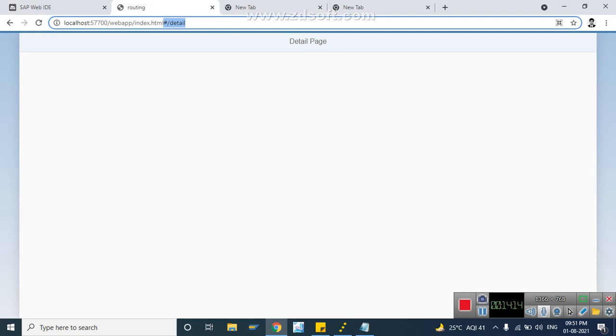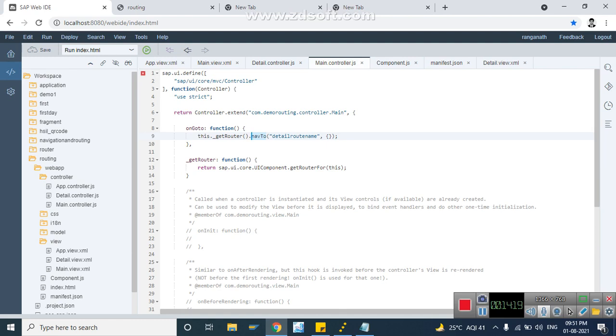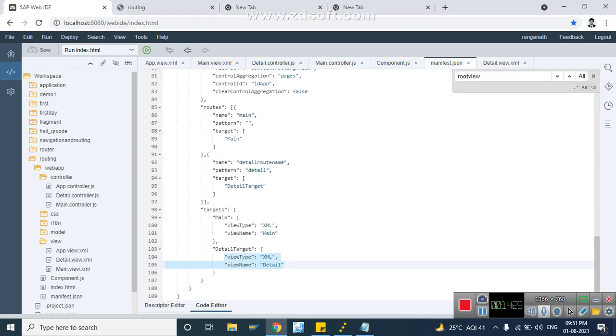Let us pass parameters from the main view to the detail view. To pass queries from one page to another page, first of all we will have to declare parameters in the routing. Where will we declare them? In the pattern. To declare a parameter we will have to say slash username. Now username is mandatory.